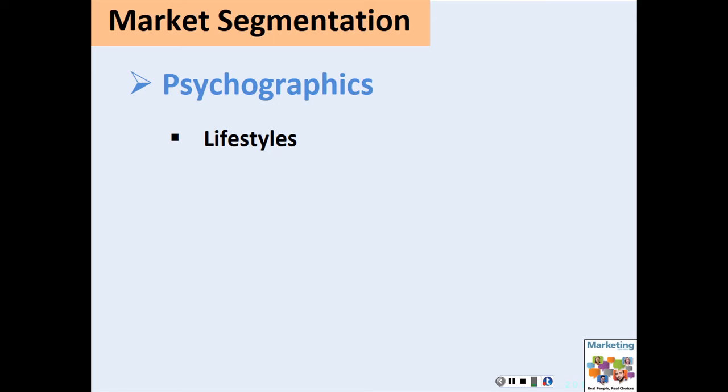And so psychographics is a more general term. Lifestyle is the manner in which we live, and our lifestyles can be a basis of segmenting the target market. I'll say a little bit more about it later. One particular segmentation scheme under psychographics or lifestyles, if you will, actually more so under psychographics, is VALS, that stands for values and lifestyle, and this is by a company, SRI Business used to be the name of that company.